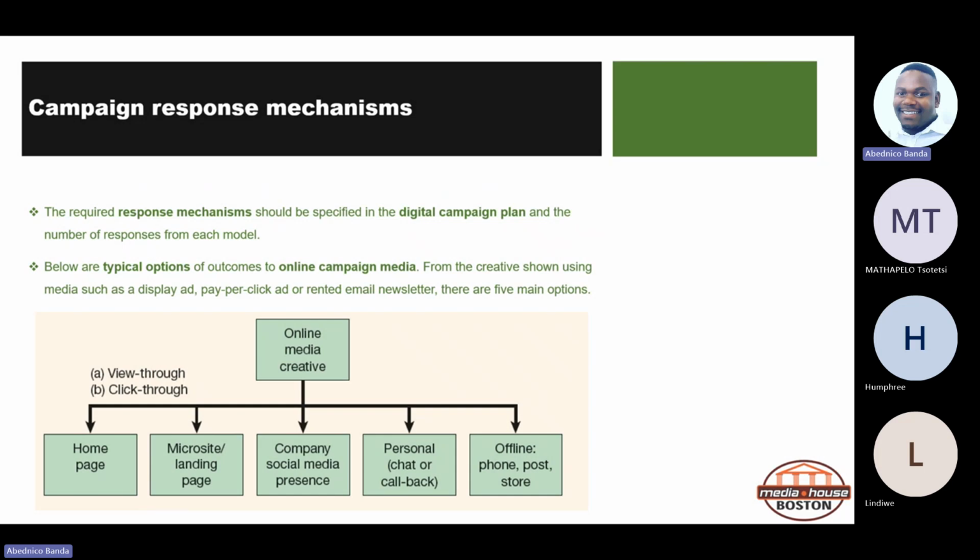On some websites, the moment you open the website, an automated chat appears and even asks if they can call you back, especially banks. Then, of course, you can also have offline methods such as phone numbers on the website, as well as the physical address. Sometimes they can even put a map where you can click and get direct